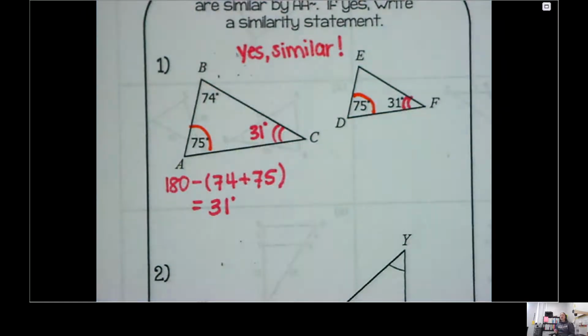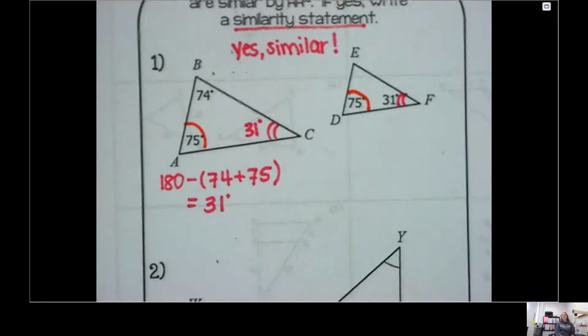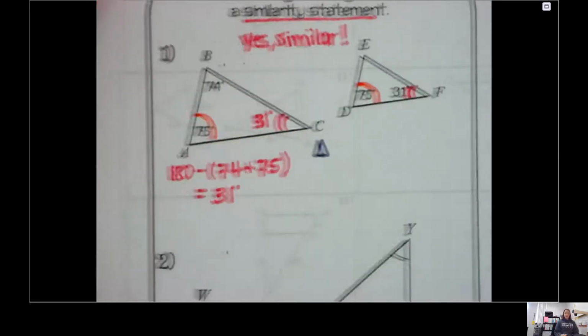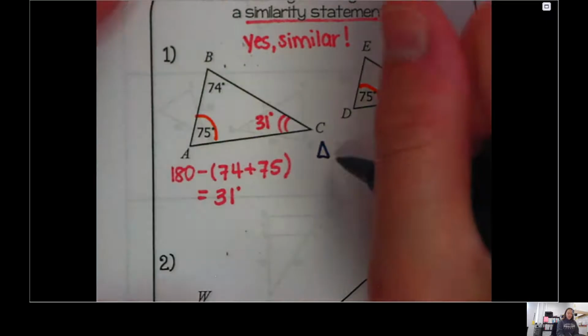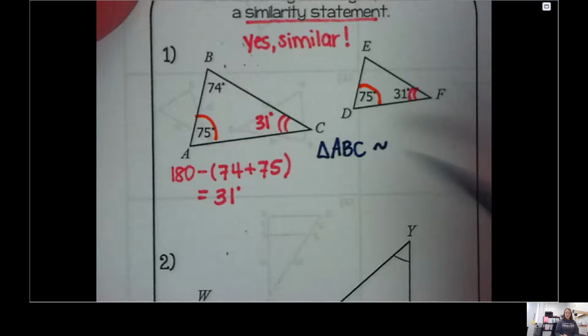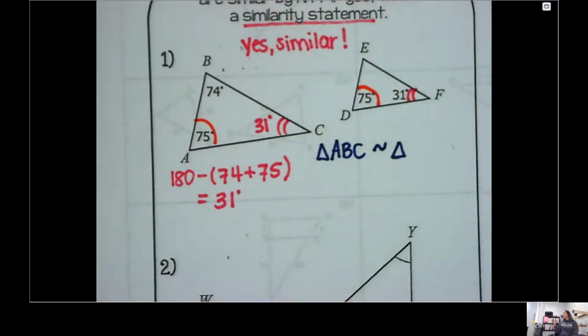Because they are similar, I can write a similarity statement, like the congruency statements we've written before. We're going to do the same thing here, but instead of a congruent symbol, we're going to use a similarity symbol. I'm going to name the triangle on the left, and you can name it in any order you want. Triangle ABC is similar, so the squiggle, to triangle, and now I have to name it in the same order with corresponding